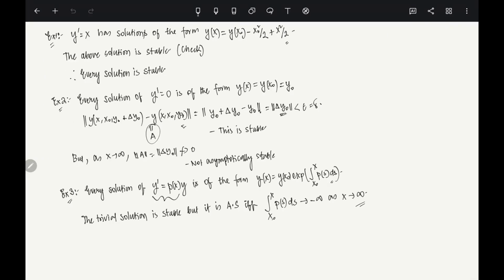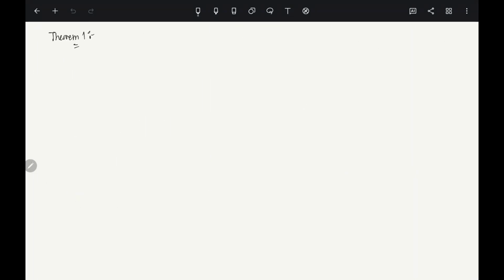Okay, so now let's look at some theorems which will actually guarantee stability. Okay, some theorems. Theorem 1, let's just call it theorem 1. So what is this theorem? You see, it is saying that all solutions, one second, I think it is okay, what I wrote, yeah, it is okay. So let me write down. You see, all solutions